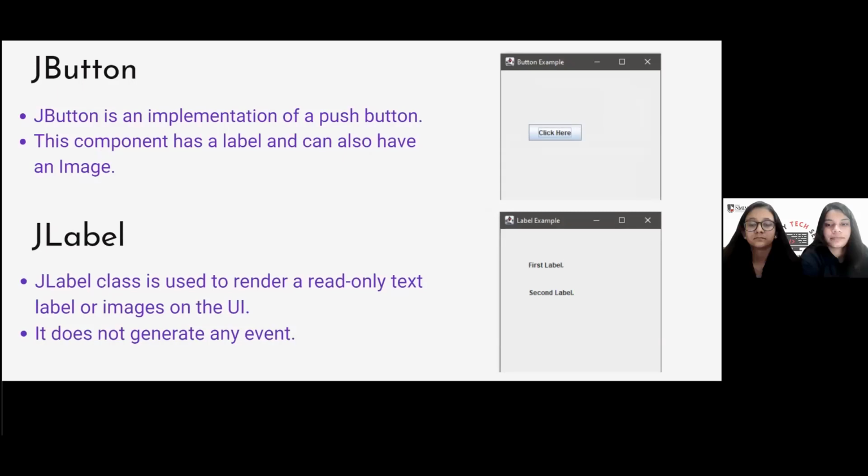Now comes the JLabel. JLabel is a class of Java Swing. JLabel is used to display a short string or an image icon. JLabel can display text, image, or both. JLabel is only a display of text or image and it cannot get focused. JLabel is inactive to input events such as a mouse focus or keyboard focus. By default, the labels are vertically centered, but the user can change the alignment of the label accordingly.